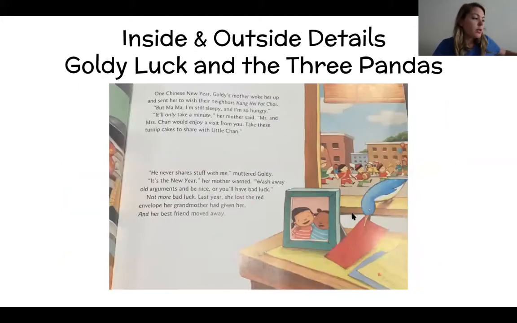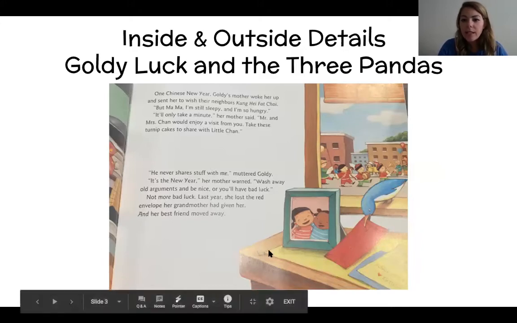Okay, this is from the story Goldilocks. We read this story for our mentor text, and it's also a version of Goldilocks and the Three Bears. So in this story, you can see what's happening outside. So we have an outside scene, and then we have an inside. You can tell this is inside because of the dresser and the picture frame. So this is an interesting way how the author and the illustrator have created an inside setting and an outside